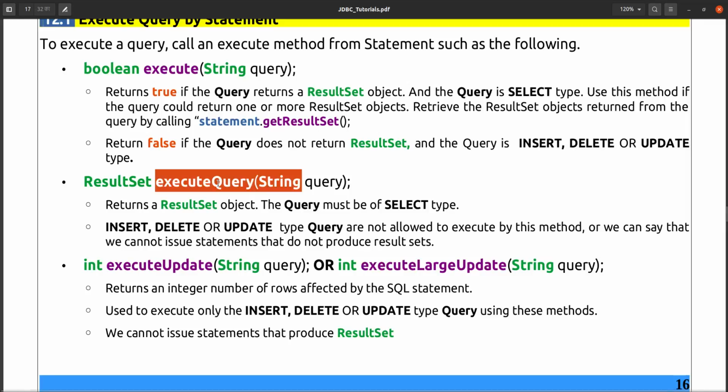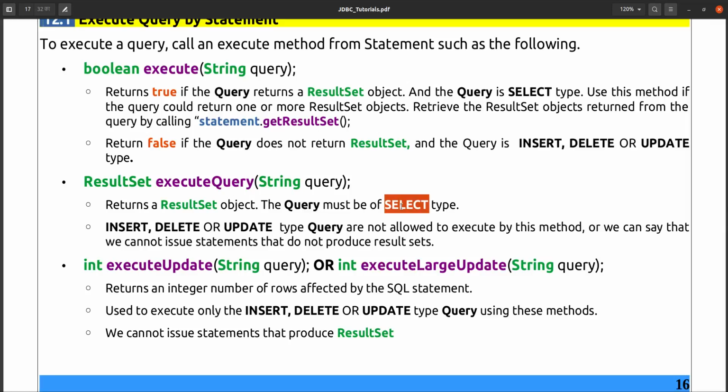Execute query is used to execute the select statement, only to fetch the records from the database, and execute update is used to execute any updatable statement, which can be an insert, delete or update query. And only the execute method can be used to execute any type of statement, whether select, insert, delete or update.